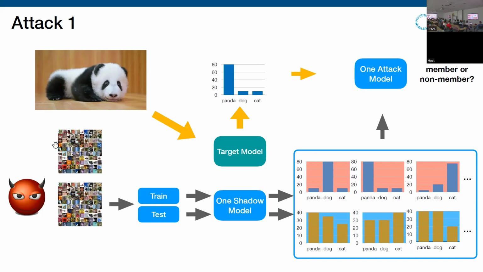You can assume you know the target model is ResNet 50, and then your shadow model can also be ResNet 50. You can assume all the hyperparameters are the same. But actually, empirically, this is ResNet, this is VGG, also works. So you just take a similar model, not necessarily the same, you take a model for the same problem. Yeah. Thanks.